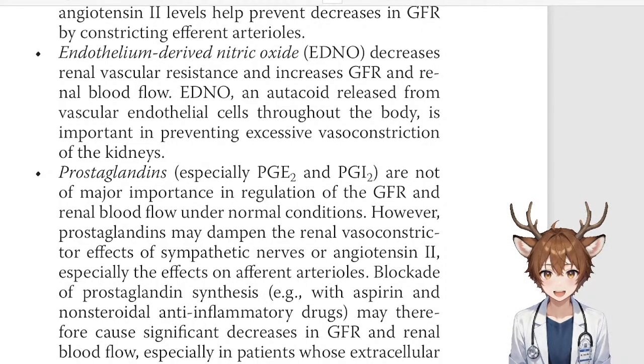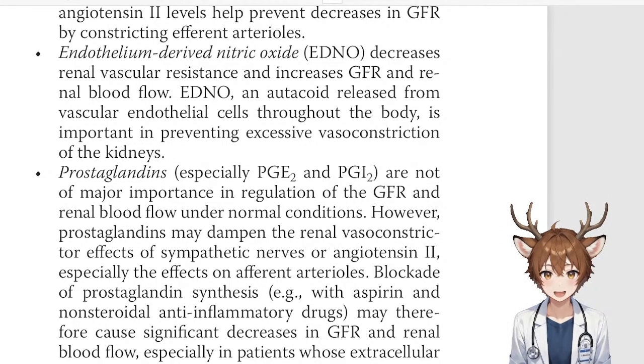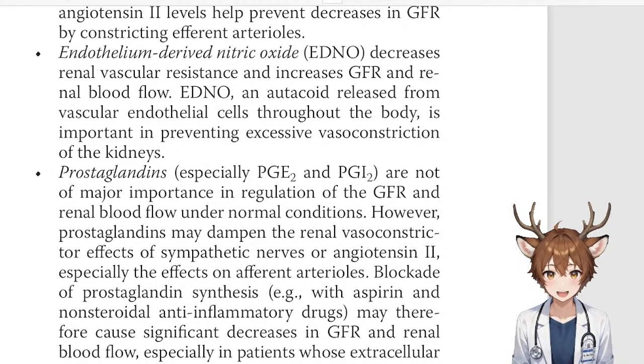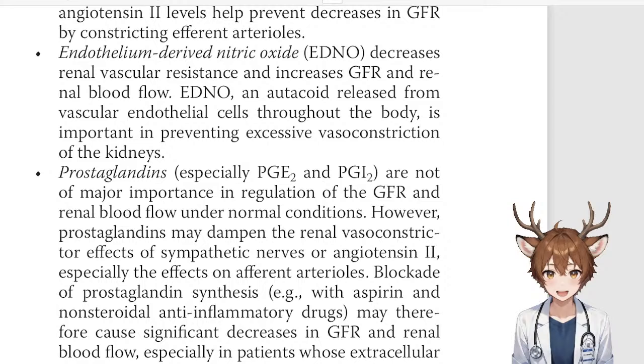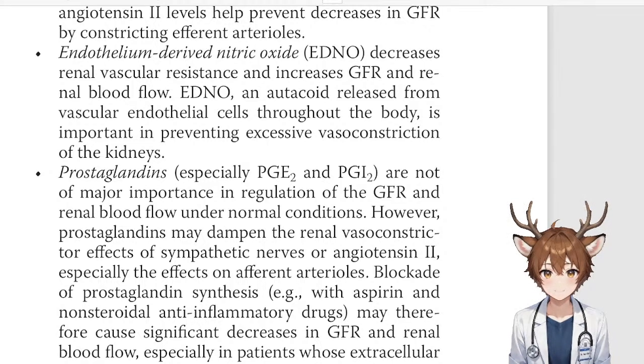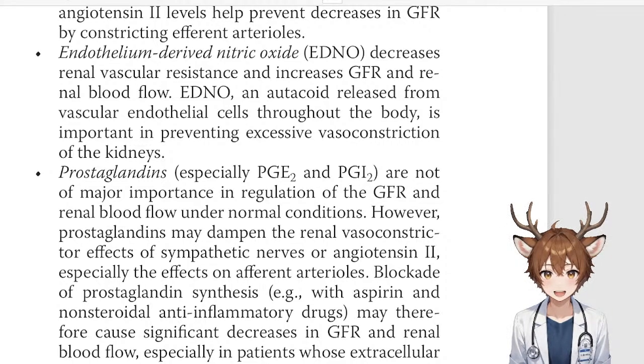Endothelium-derived nitric oxide, EDNO, decreases renal vascular resistance and increases GFR and renal blood flow. EDNO, an autocoid released from vascular endothelial cells throughout the body, is important in preventing excessive vasoconstriction of the kidneys. True. Prostaglandins, especially PGE2 and PGI2, are not of major importance in regulation of the GFR and renal blood flow